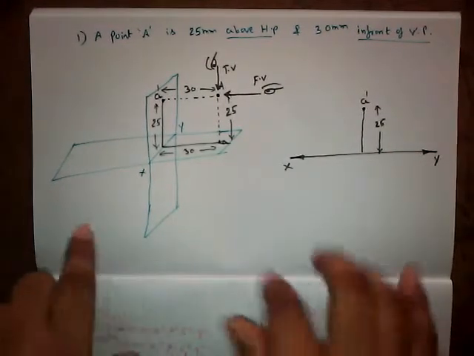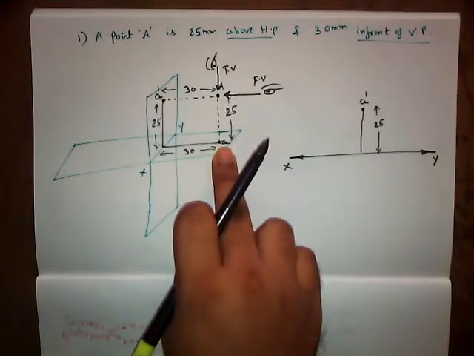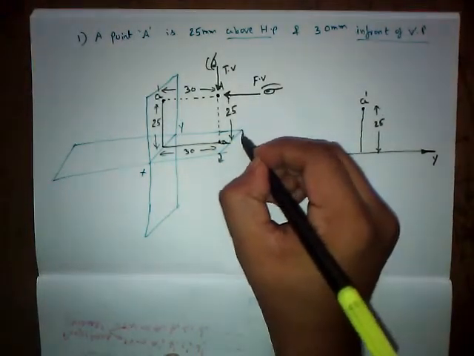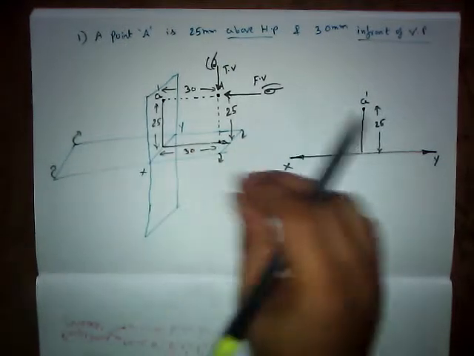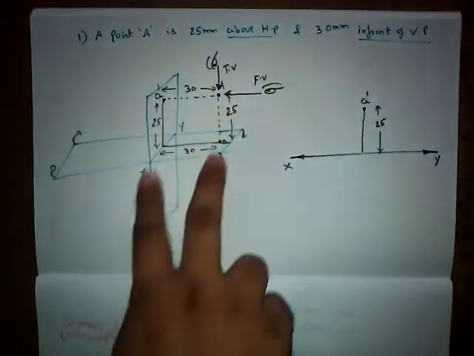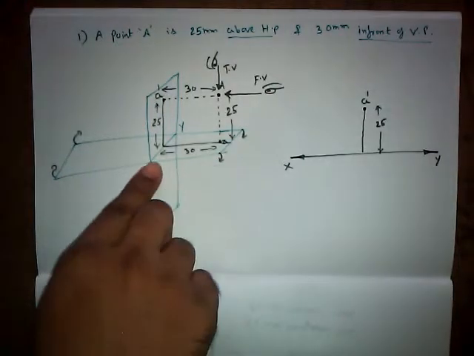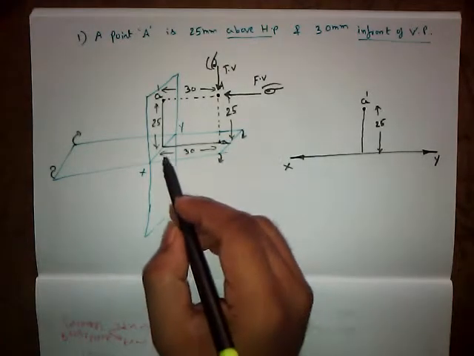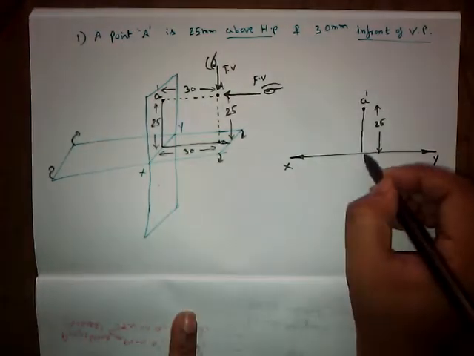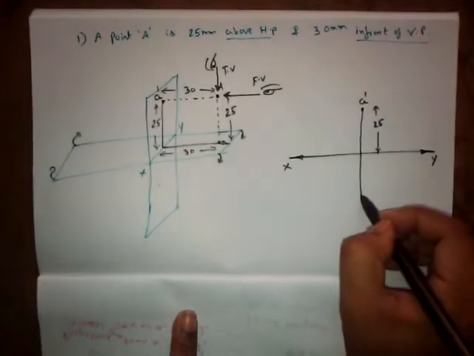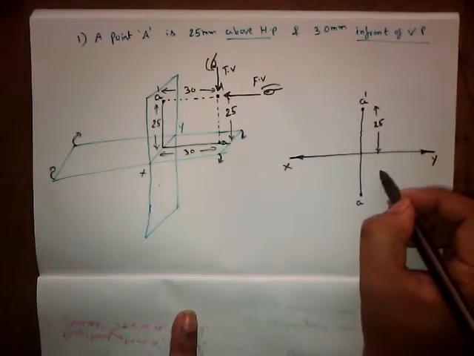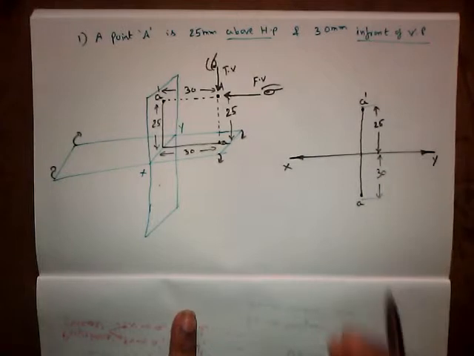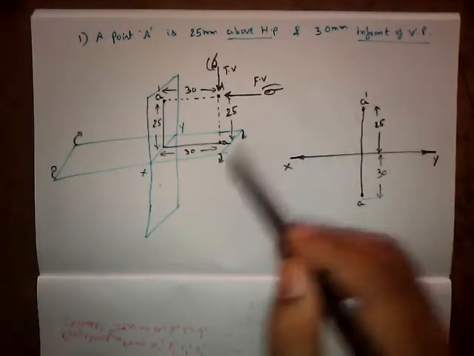In the same manner, the next part is we have a point known as small a, which is present on the horizontal plane. But as we said, the horizontal plane rotates in clockwise direction. As this part rotates in clockwise direction, it is going to move downwards. So the entire top view is going to come downwards, that is 30 mm from the XY reference line. The name of the point is small a. This is 30 mm. So this is how we need to project a particular point.